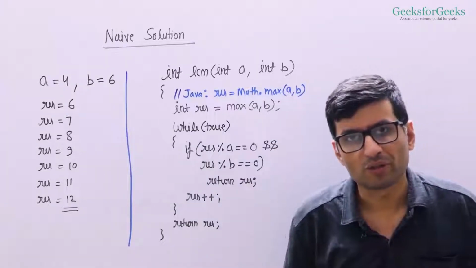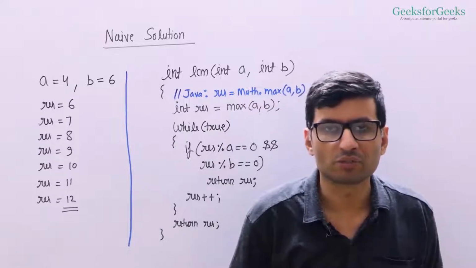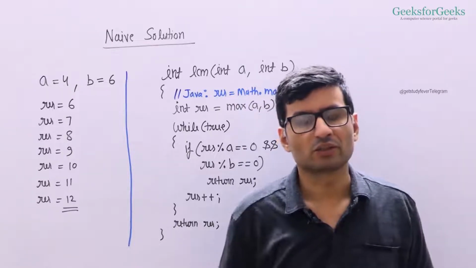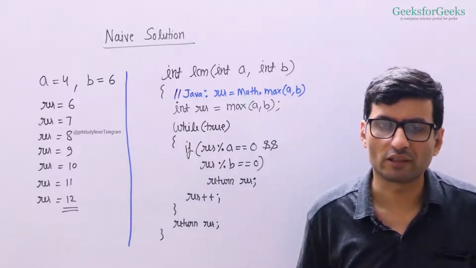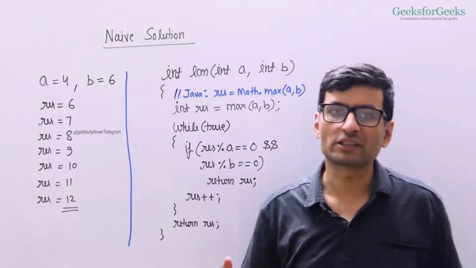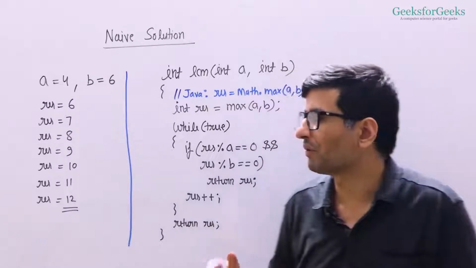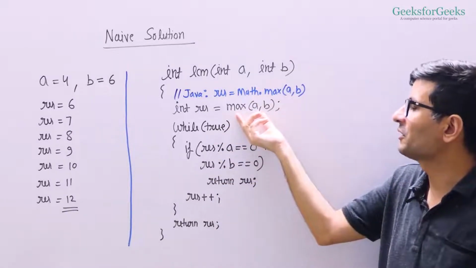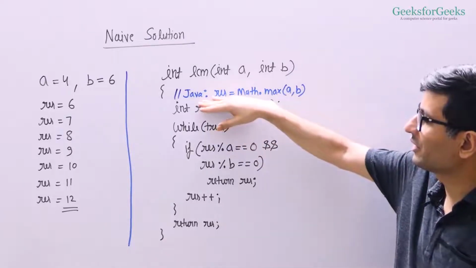Let us now talk about naive solution to solve the problem. We know that LCM would be greater than or equal to larger of two numbers. So in the best case, it will be equal to the larger of two numbers when one divides the other, like 2 and 8. But in other cases, it will be larger than the greater of two numbers. So we begin our search with maximum of 2. So this is syntax in C++. In Java, we can use math.max. So we begin with this result here.